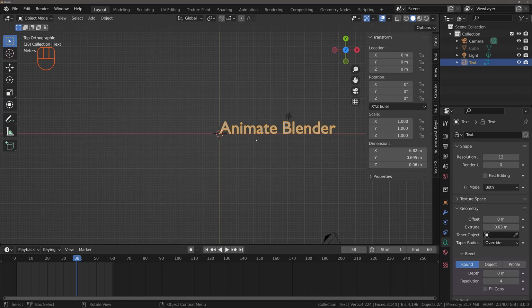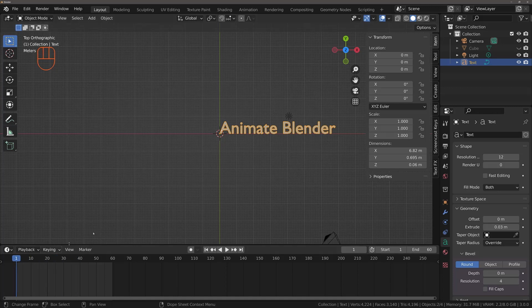Now when it comes to rotation and scale, the object origin, which is the yellow dot here, is used as the pivot point for the rotation and scale, unless you choose to change your pivot point here. So you can have various options here for how you want to rotate and scale your objects. I want to use my pivot point, but if I was to create my animation here,